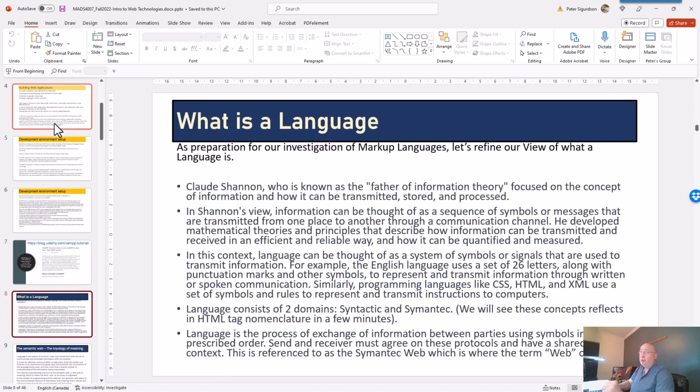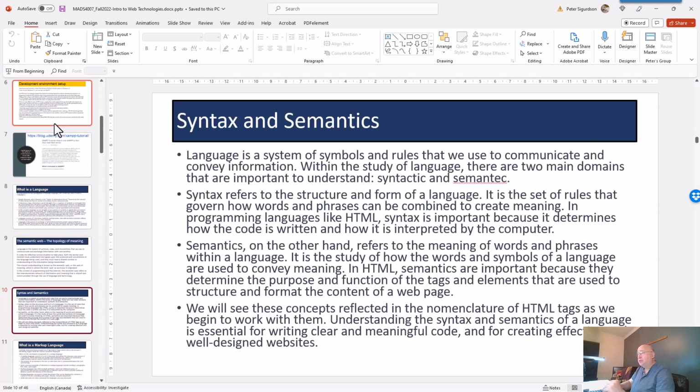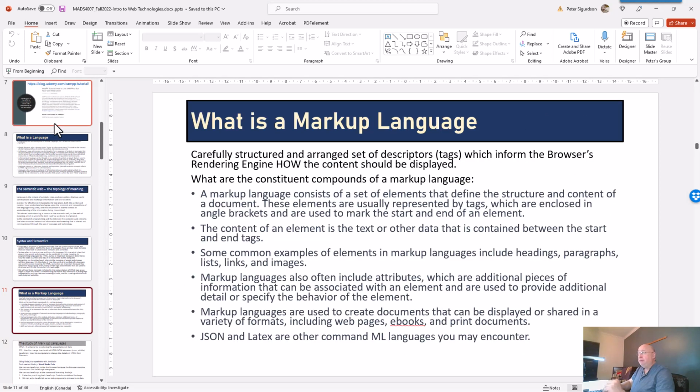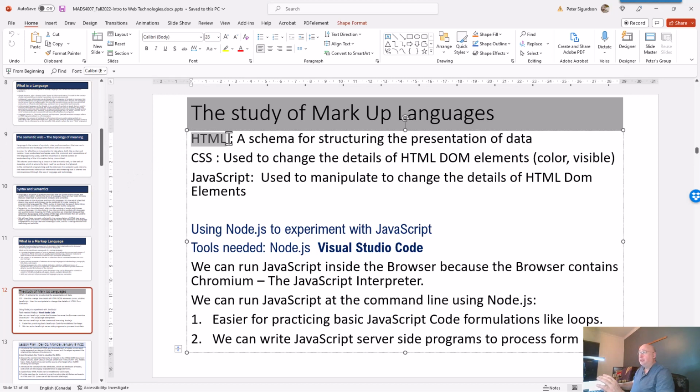So what is a language? Now this is language in a general sense, like English language or any human language. And then we have languages in computer sense, like programming language. Well, HTML is a page description language. And let's go and read through this stuff. I'll lecture on it tomorrow, but we're going to be talking about markup languages in this course, where they come from, how they work, and how they execute in the browser. So our course here is the study of markup languages with the particular emphasis on HTML,